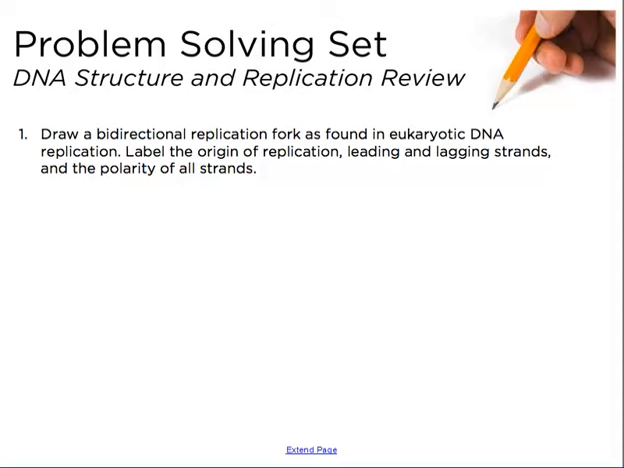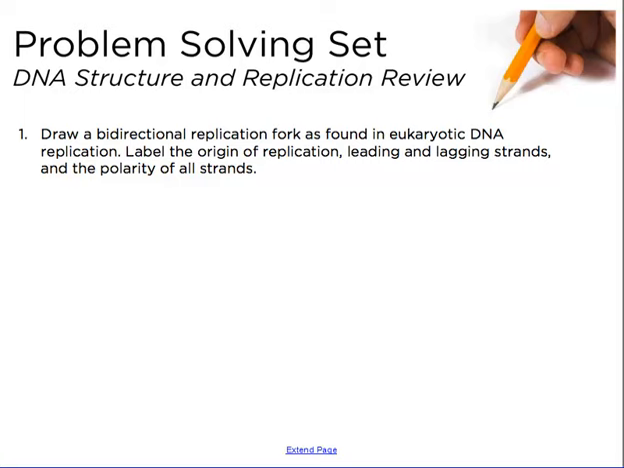Welcome to the problem-solving set on the review for DNA structure and replication. Question 1 states to draw a bidirectional replication fork as found in eukaryotic DNA replication. Label the origin of replication, leading and lagging strands, and the polarity of all strands. Okay, so a bidirectional replication fork